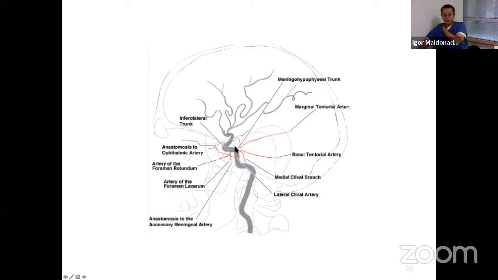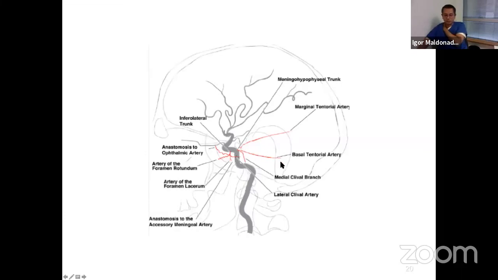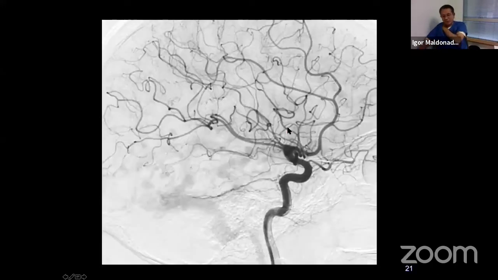So two branches I would like to detail for the inferolateral trunk were quite interesting: the basotentorial artery and the marginal tentorial artery. Those are, as I mentioned, branches that we don't see every time in angiograms, but they may be enlarged when you have some slow-flow pathology, such as tumor, AVM, or fistula, such as this case of arteriovenous fistula